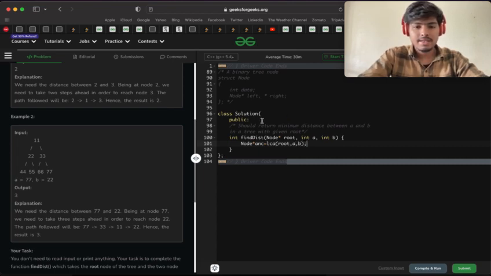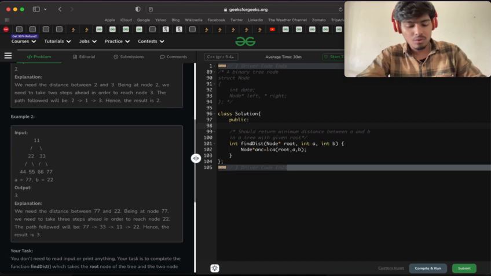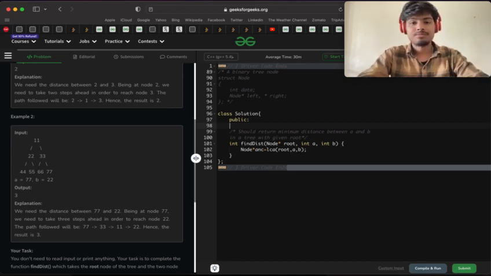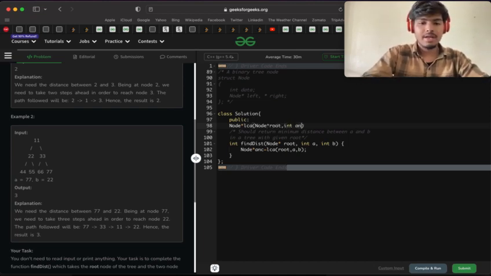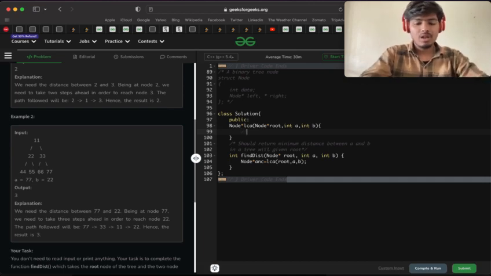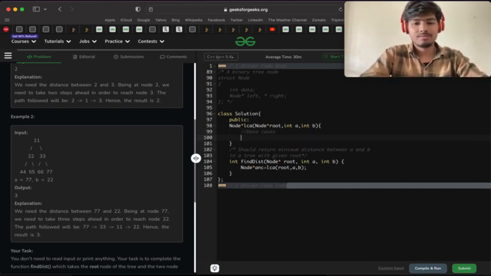So now let's write the code for this. Node star lowestCommonAncestor. In lowest common ancestor, what I will pass is root. So Node star root comma int A comma int B. So this we have done. Now we will write the base cases for this. So what will be the base cases for this? If my root equals null,